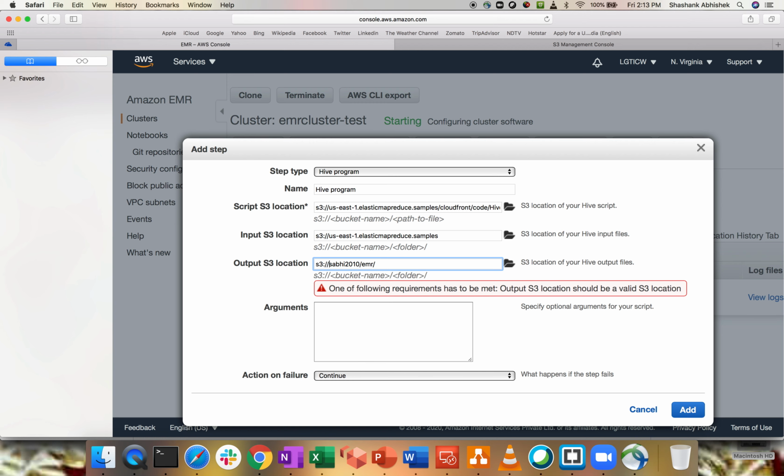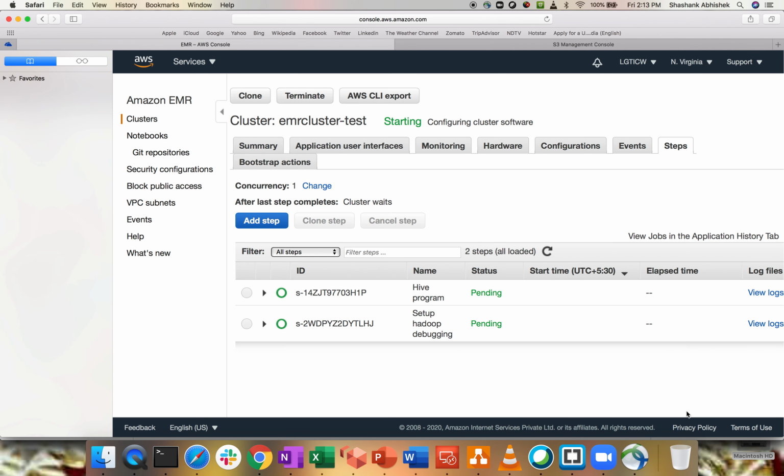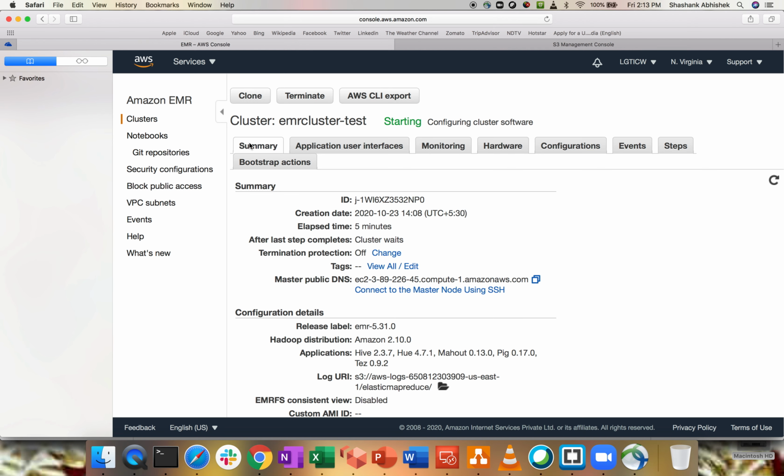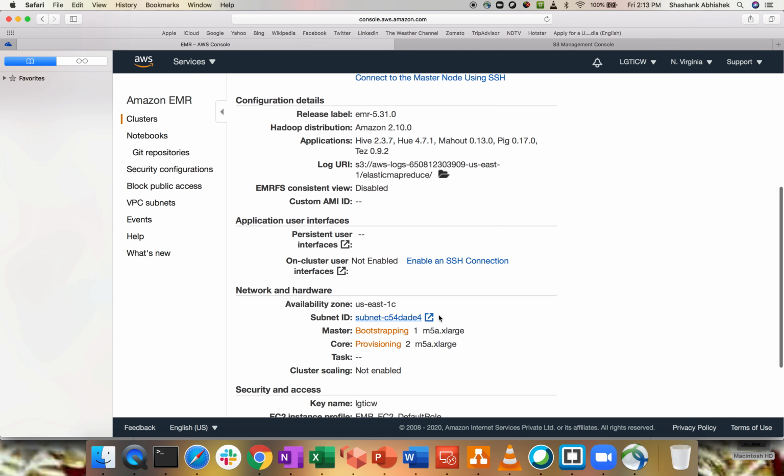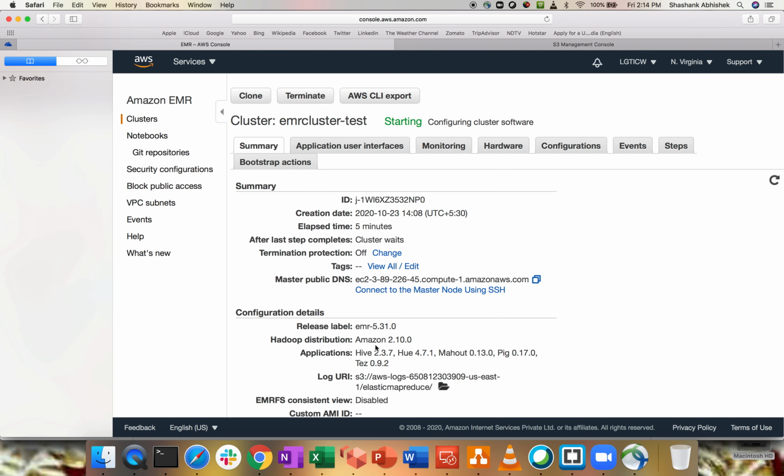Okay. Add. Perfect. As you can see, it's still in the starting mode. Until it gets into the running mode, it will not run the Hive program. So we have to wait a few minutes again. The master is bootstrapping and the core nodes are getting provisioned. So I'm going to pause this video, and once the cluster gets into the running state, I'm going to resume it just to show you how the